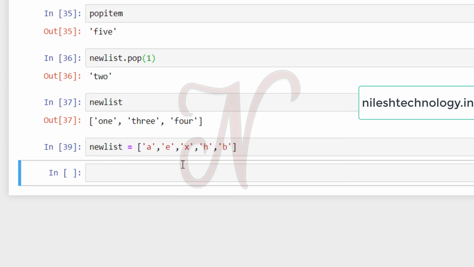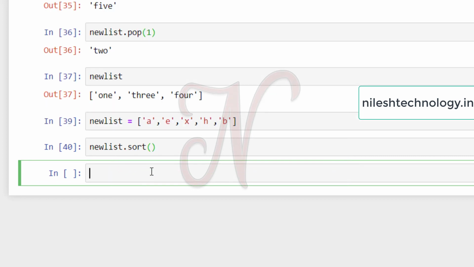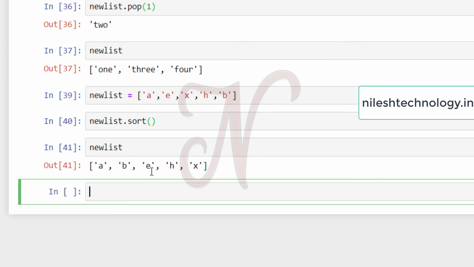Then new list dot sort. See here, this function cannot return any value. So now you have to print the new list variable. My output is ABEHX, all the items sorted in ascending order.